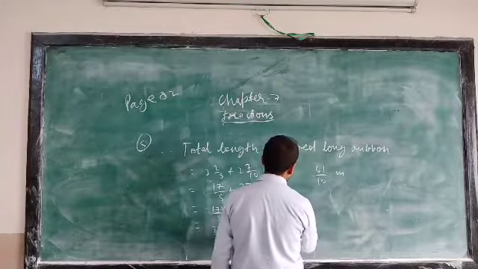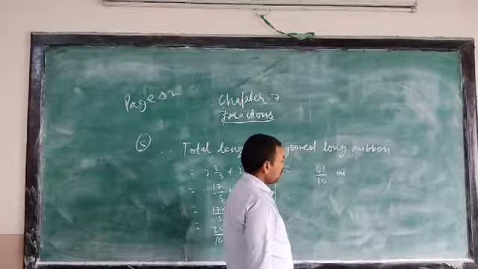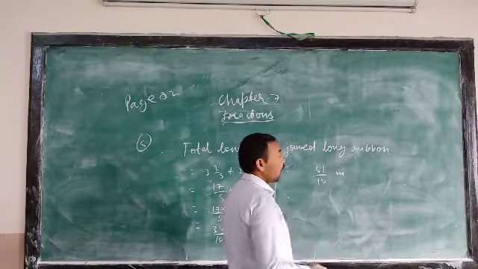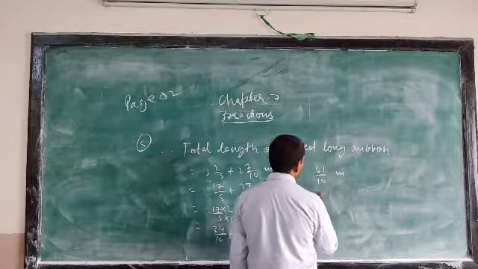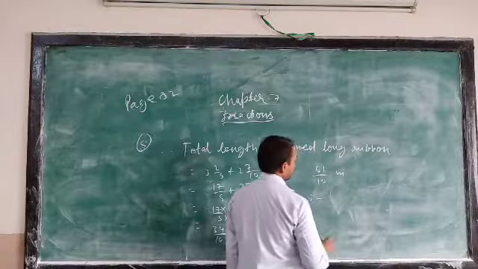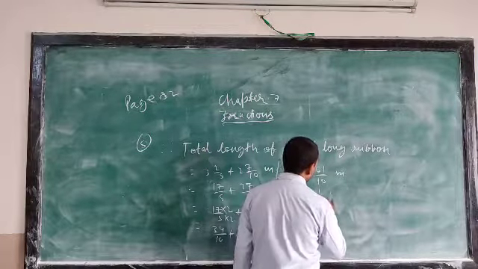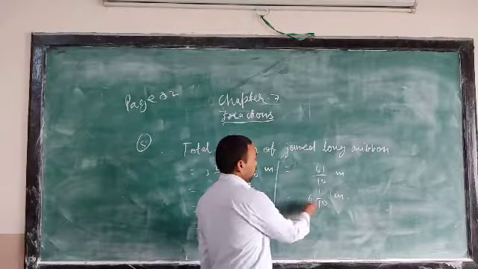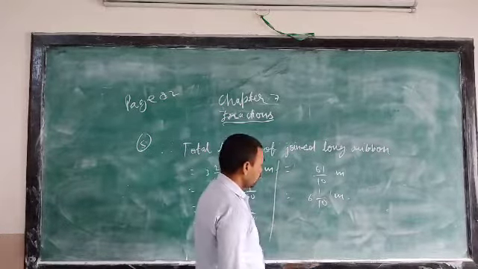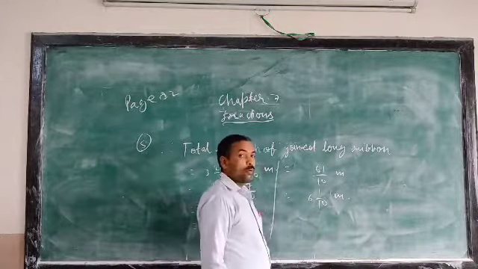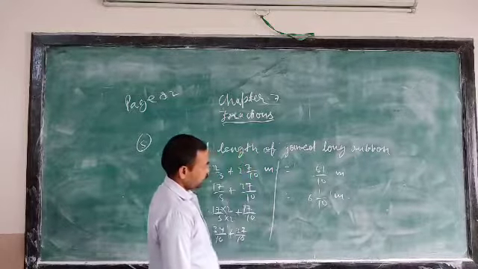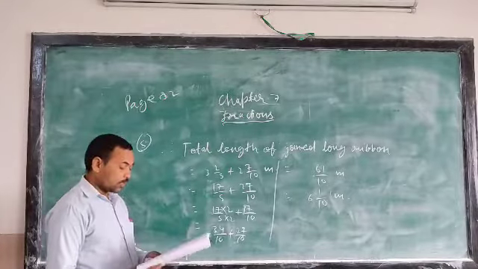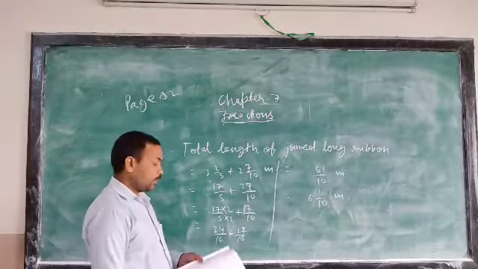This much meter you can convert into a number, then you can guess near about how many meters long the long ribbon is. So 10 sixes are 60, and 1 by 10. 1 by 10 is a very small quantity, so the long ribbon was near about 6 meters. I hope you understand how to use the addition of fractions in problem solving.